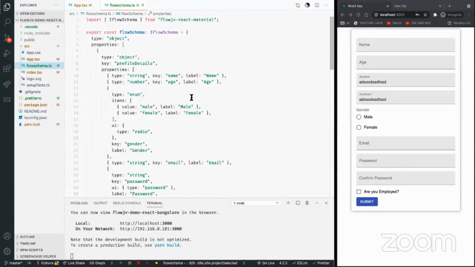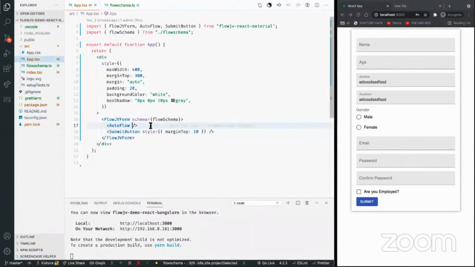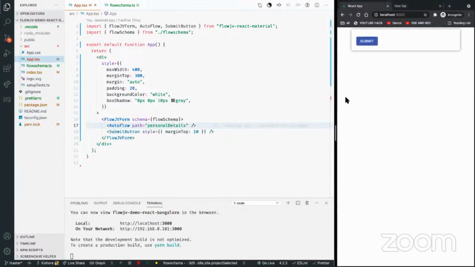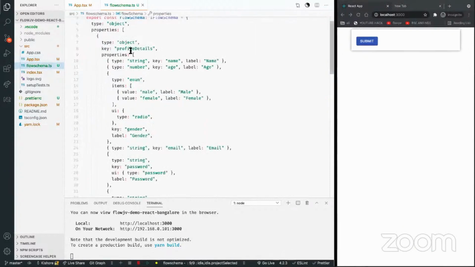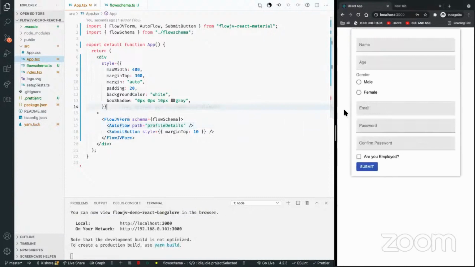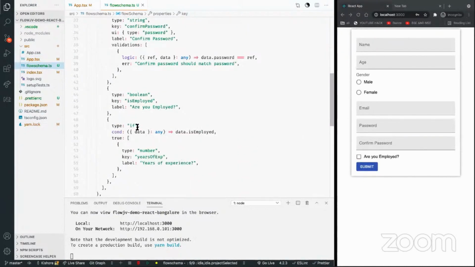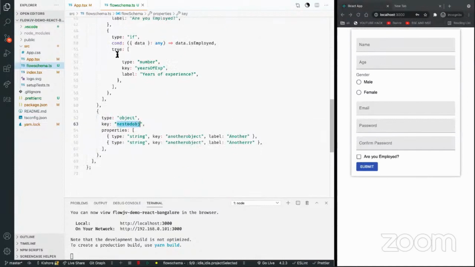The reason for this AutoFlow is, now I can say AutoFlow and the path to be profile details, and it just renders that part of the form. You cannot see any information about this nested object.